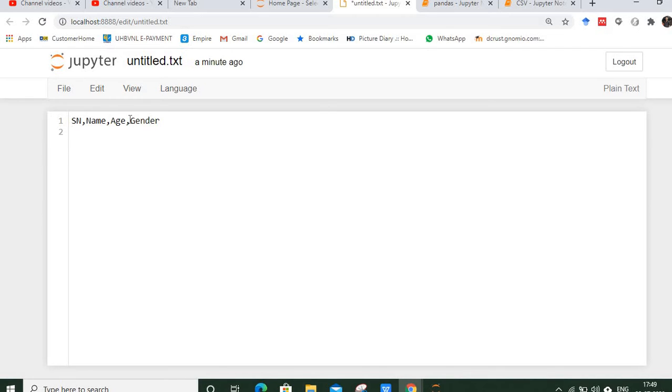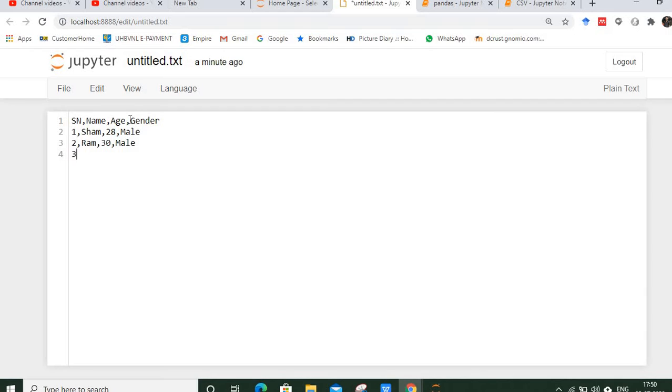And in the next line we are going to store the data for the first instance, or let us say the first row. Okay, so let's say the serial number is 1 and the name is let's say Sham. Even you can have this type of values, and gender is male. Then the next row, that is serial number 2, value 30 and say male.